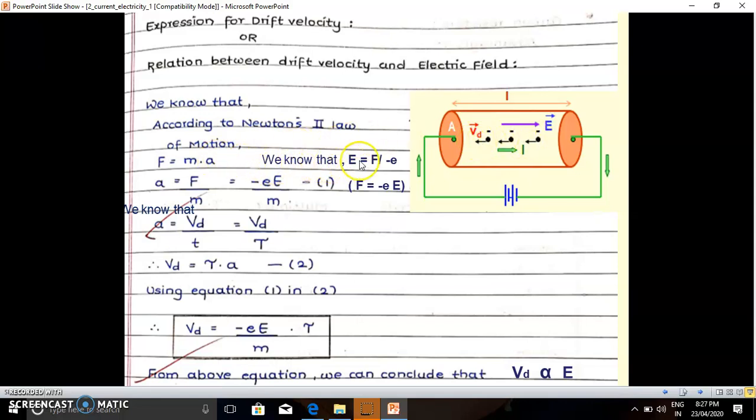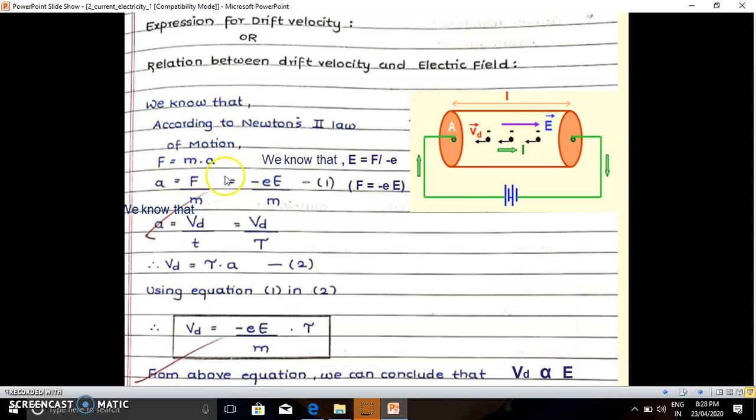But we know the electric field definition: electric field is nothing but electrostatic force per unit charge. Already we have done this in the electric charges and fields topic. Here the charge we are discussing is the negatively charged electron, so we can take the charge as minus e. So from this equation you can find the electrostatic force. Force is nothing but minus e into E. That's why I told you electrons drift with this force, minus eE, in the previous slide. So what is the force exerted on the negatively charged electron? Minus e into E.